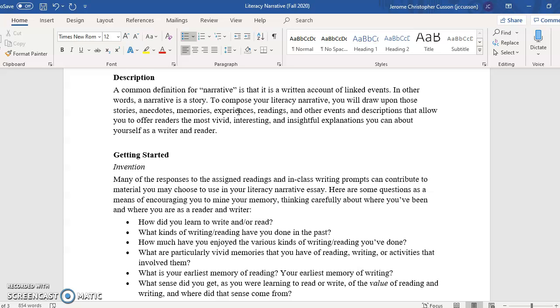and a reader. So for some people, that means that they may tell one story over the course of an entire essay. For most people, it means that they will share multiple experiences. I'm not going to attach a number to that because this is your narrative. I don't know what your literacy experience is. We also may have a different range of ages. So if somebody is 18 years old, they are going to have a little bit less experience than somebody who is even 25, 30, or 40 years old.